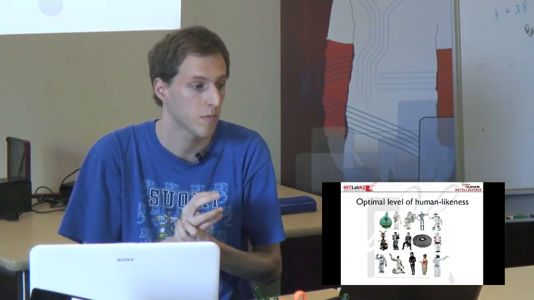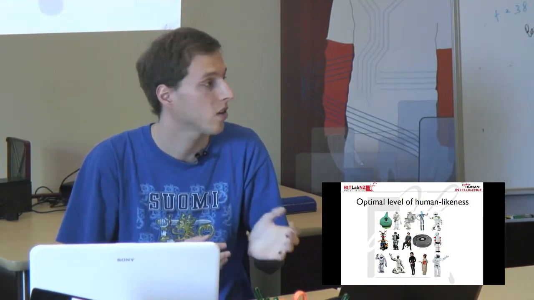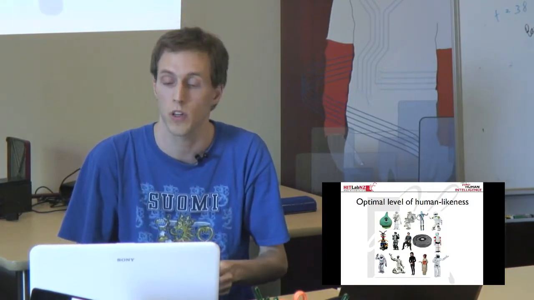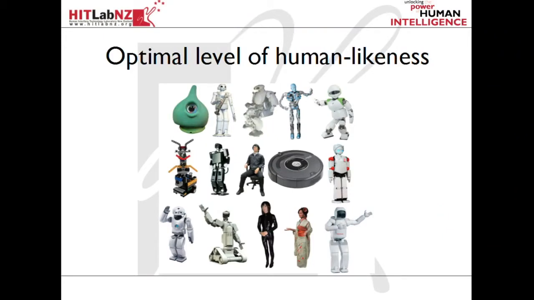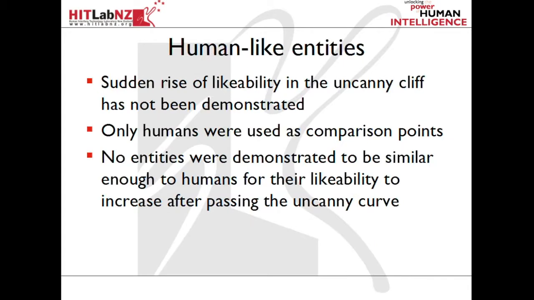The second important issue is to find the optimal level of human likeness. What are really the characteristics that make a robot liked the most? That's probably important in order to find out how to increase the acceptance of robots as a technology. And there are various embodiments; which one is the right one? Finally,